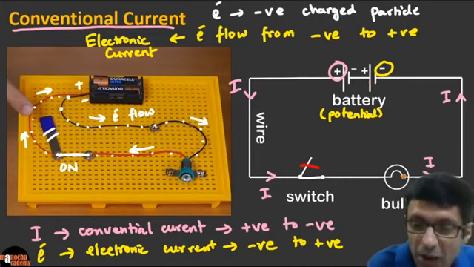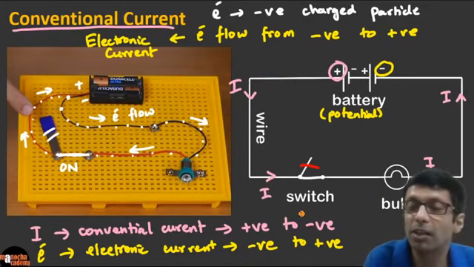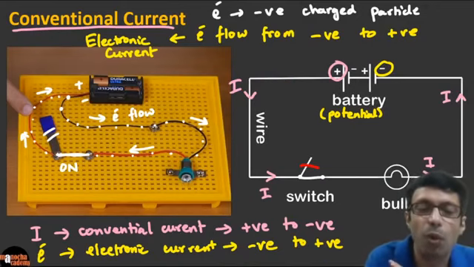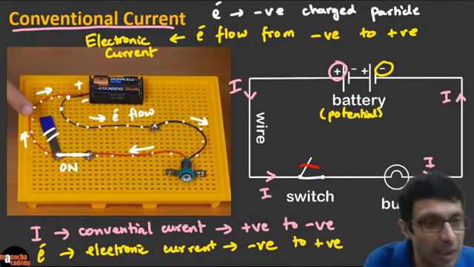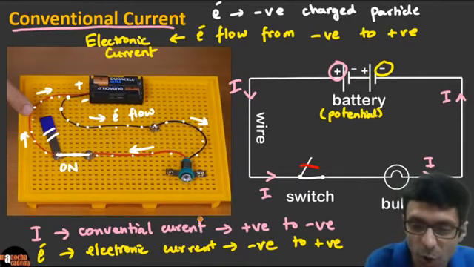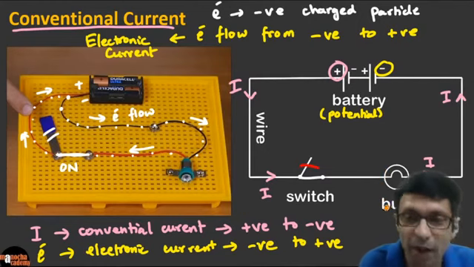And the wires are good conductors because wires are full of free electrons. We'll not do that detail in today's class, but wires are good conductors because they're full of electrons that can easily move in the wire. And who's pushing them? The electric potential, the battery. Clear, guys? And so always remember to mark the conventional direction of current.